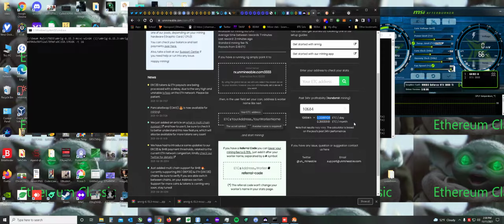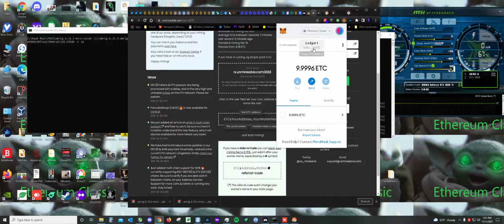Now, is it a whole lot? No. But is it more than what you could have got before? Absolutely. So as long as you're not concerned about your hardware getting burned because of poor management with cooling, and you have multiple computers just sitting around, why not put them to use? Make some Ethereum Classic. And the way you monitor it, you just get your address here, copy it,